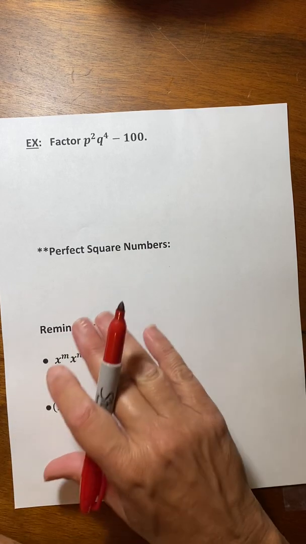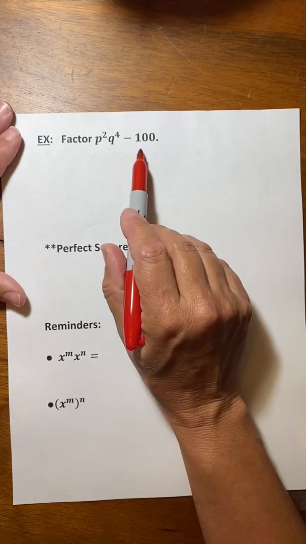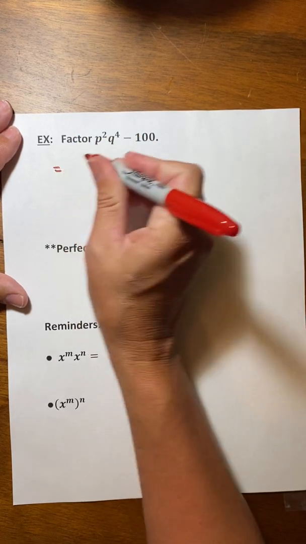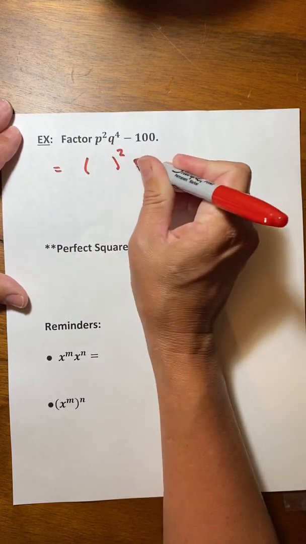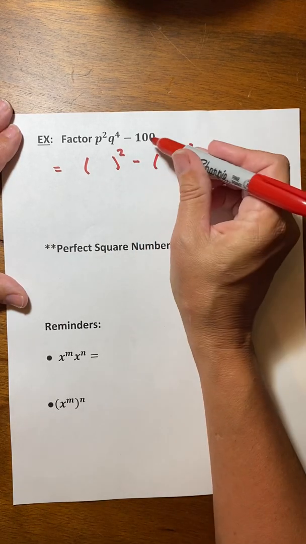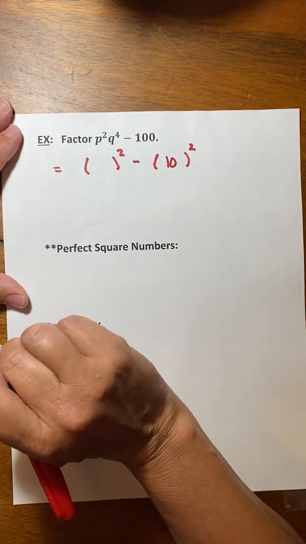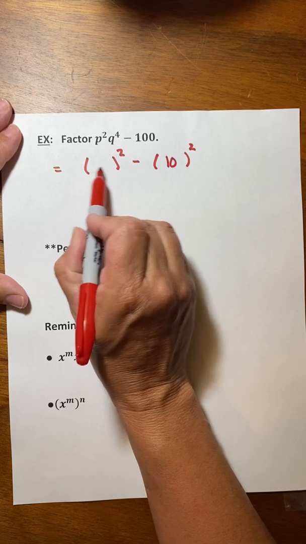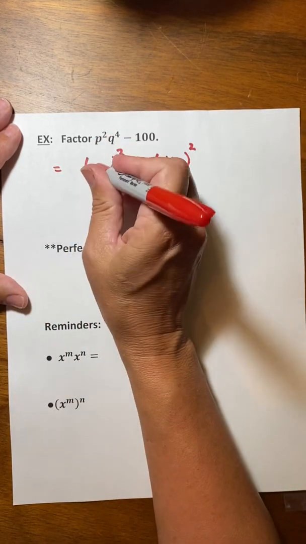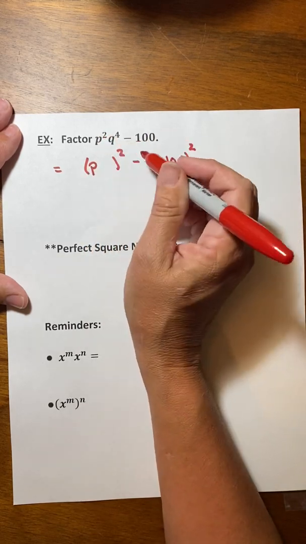All right, well, this one's a little bit of a step up in difficulty. What I do notice here is that this is 10 squared, and I see a square here, but we have to be able to write this as something squared minus something squared. So hopefully you see we can put a 10 inside these parentheses because 10 squared would give me 100. Now, can I put anything in here such that if I square it, I get p squared and q to the 4th? Well, notice if I put p here, p squared will be the p squared term,